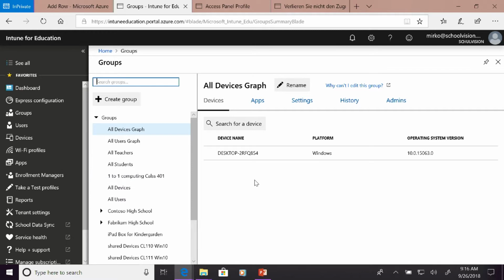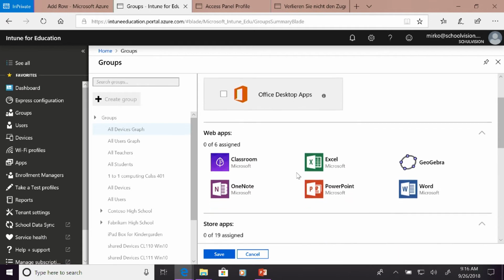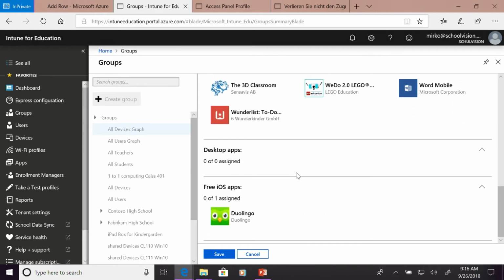And the pretty simple thing is you can easily manage apps here. So on the group, just go to the apps, say edit apps, and then you can add the app or remove the app, whatever you like, instead of doing an assignment in the regular Intune portal, right? That's pretty simple for the teachers.